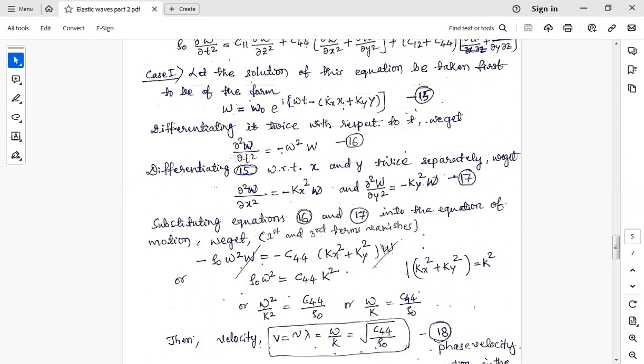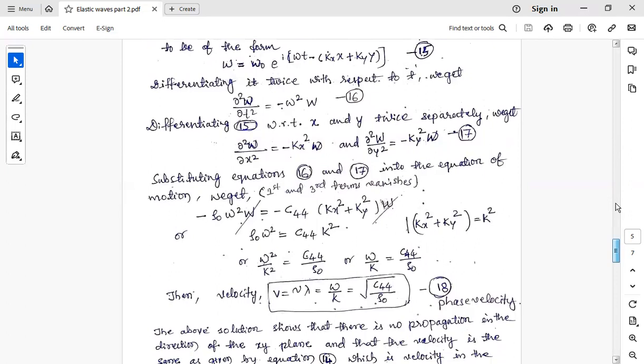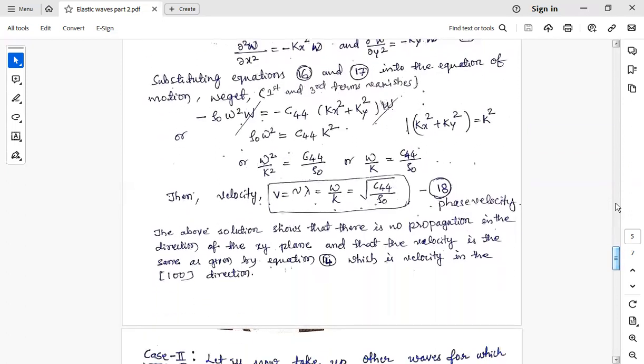And this omega t and ky omega are treated as a constant, and they got 0. So that is why only this much you are getting. So similarly, you are differentiating here with respect to y. So this term and this term is 0, and you are getting only this much. And now you substitute equations 16 and 17 into the equation of motion, neglecting first and third terms because they